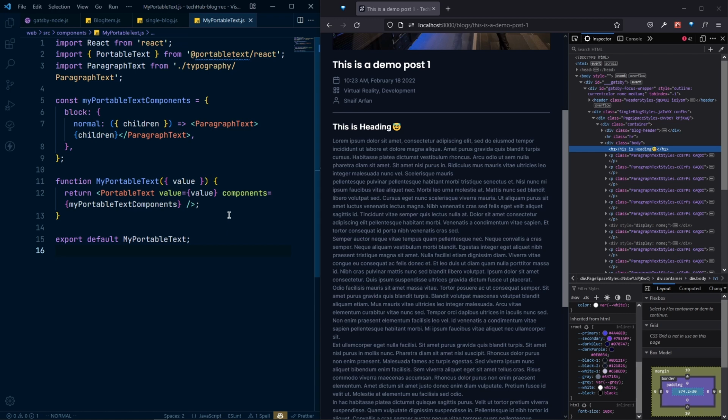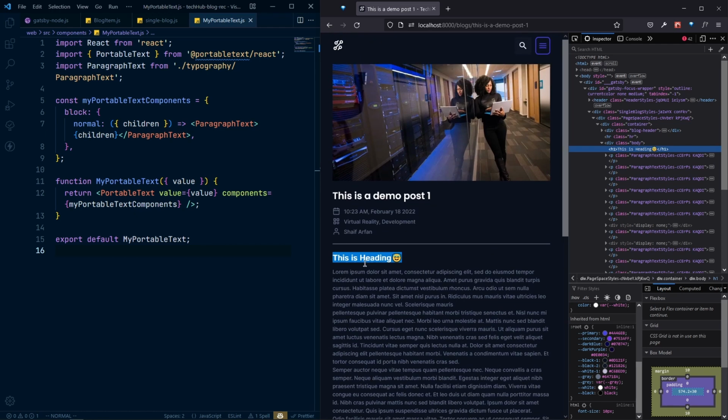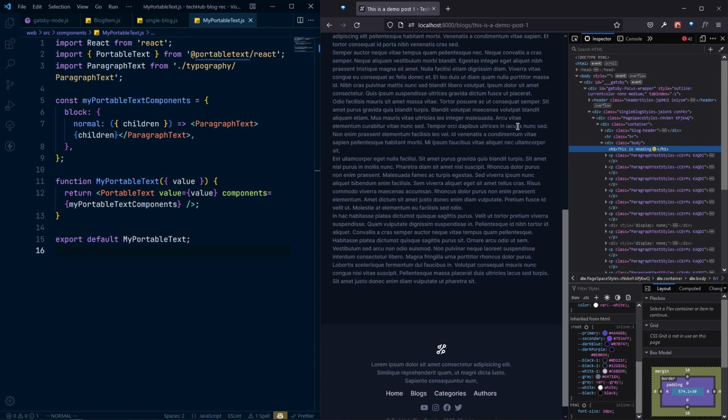And right now we are having only this h1 because this one is having the default style. So we are not seeing our custom code blocks, and also we are not seeing our image for this one, because in this demo post one we already added a custom code block and also a custom image